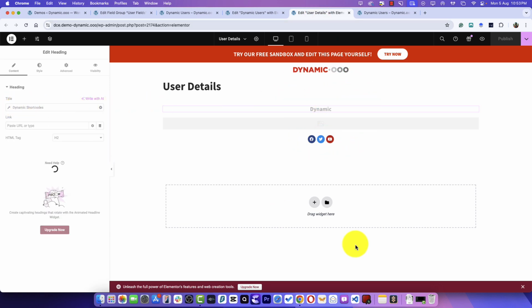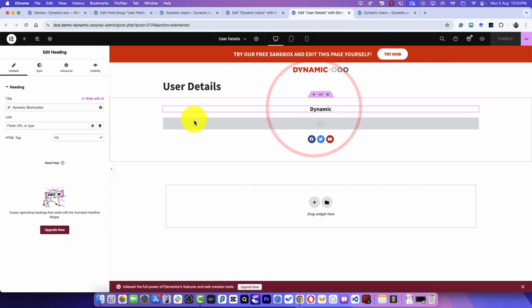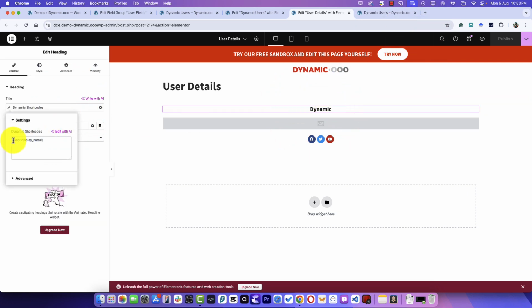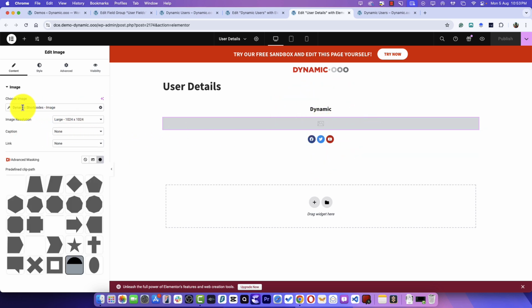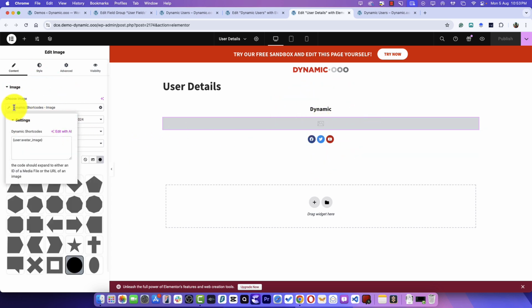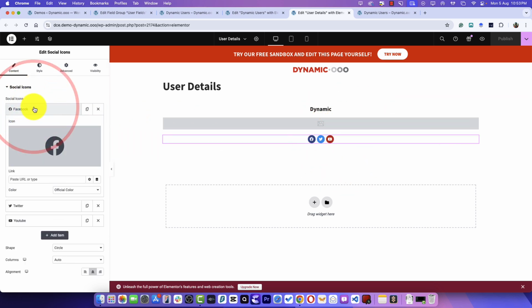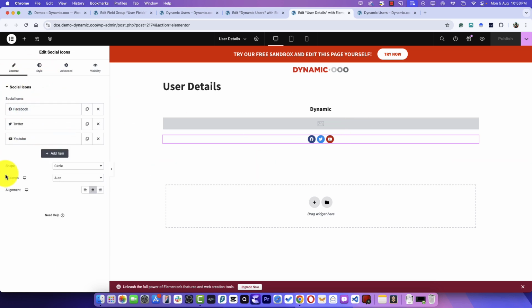Over here you can see. Let's wait till it loads completely. So now you can see the user, display name. Okay, so there is a shortcode being used. Then for the image, we have this dynamic shortcode image, dynamic tag, and in there we have this shortcode user avatar image, and then these are the social icons, and the value of those social icons are the same for all the users. So I have not created the field for these social